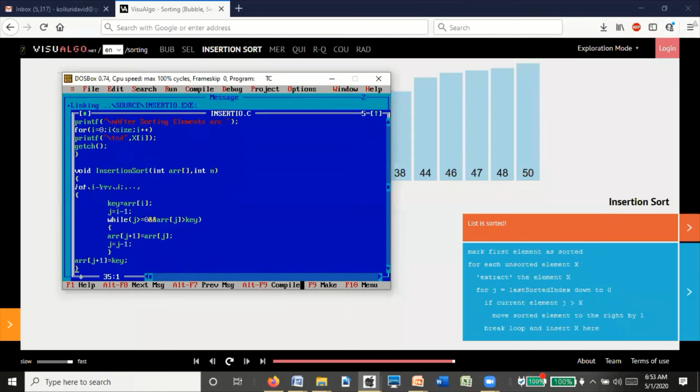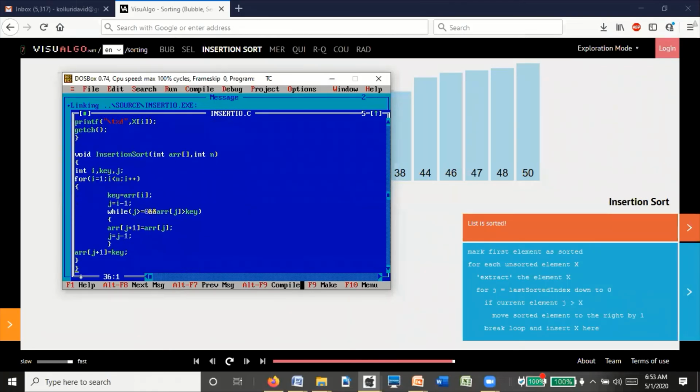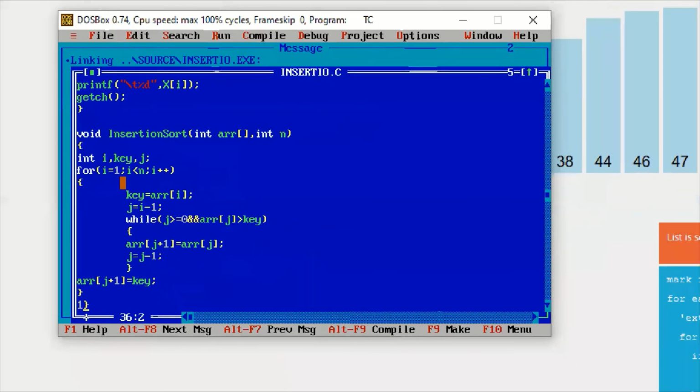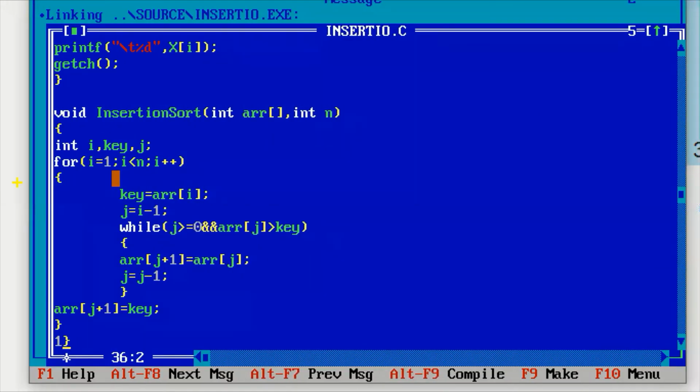Then insertion sort, whatever the logic, whatever the procedure discussed, the same procedure we'll see. So in this case, initially the 0th element will be excluded; we will not disturb that. We'll choose the second element.